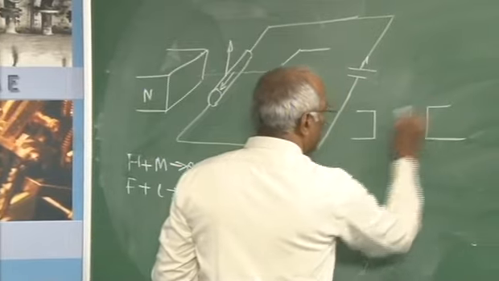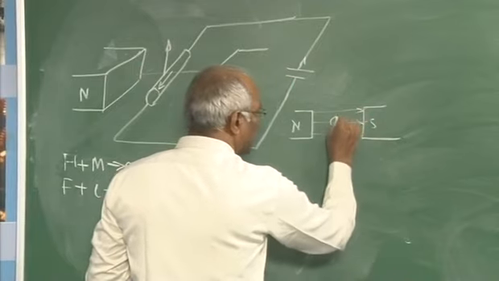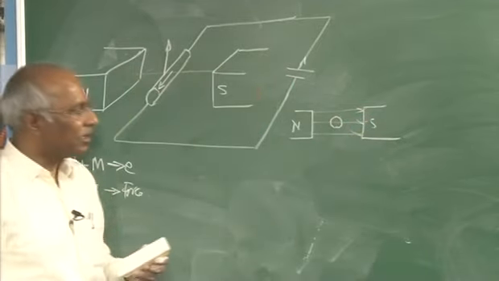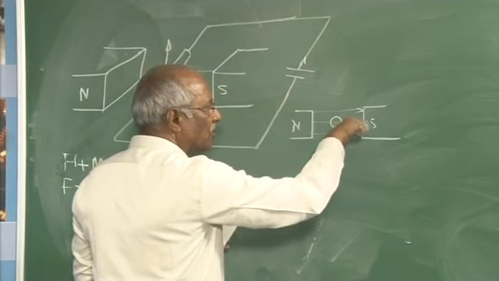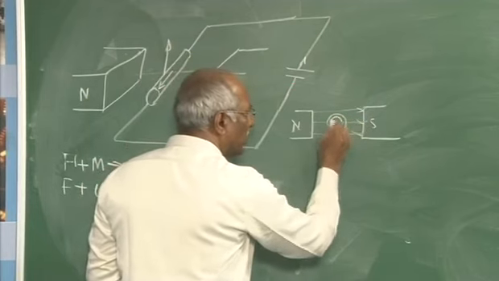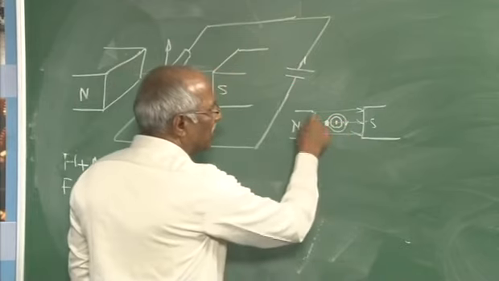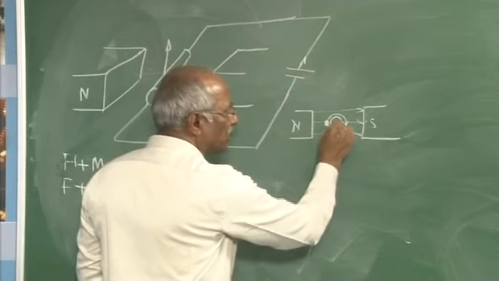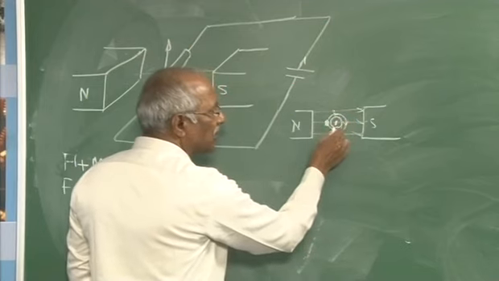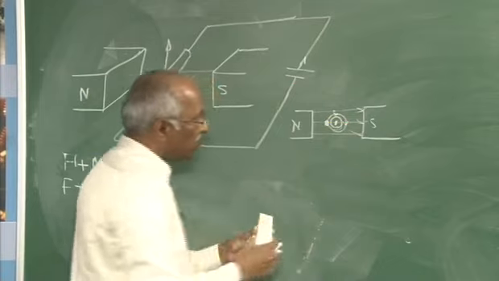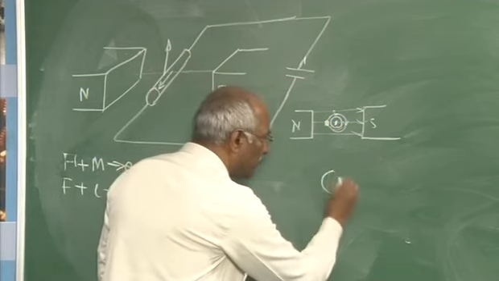Generally, it is explained with reference to this example. When I have the north pole and south pole, the field is this way, the conductor is there and is not carrying any current. When it carries current, obviously it produces flux. If the current carried is going into the plane of the paper, then this will be the field. It produces the flux this way. Now, what happens? There is the main field flux, and there is flux produced by the conductor also. Obviously, this flux is in the same direction as this one, while here it is in the opposite direction. Therefore, the flux here gets increased while the flux here gets reduced, and the resultant field may be something like this.